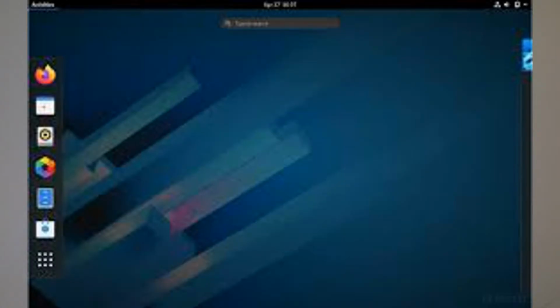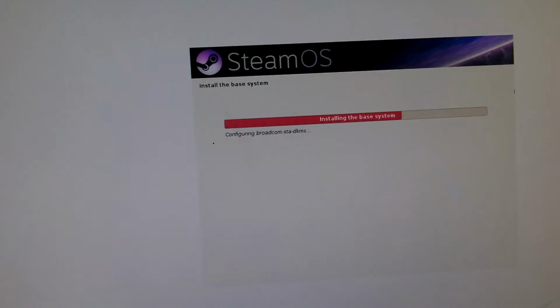There, that's it there. Boom, gone. But basically, it's just kind of a Linux system that comes pre-installed with Steam on it, which I don't understand why you need that,